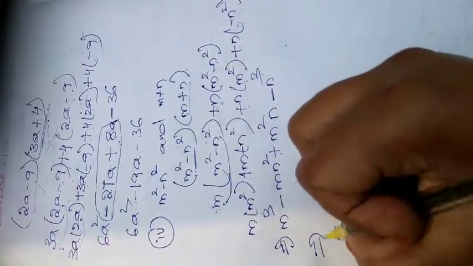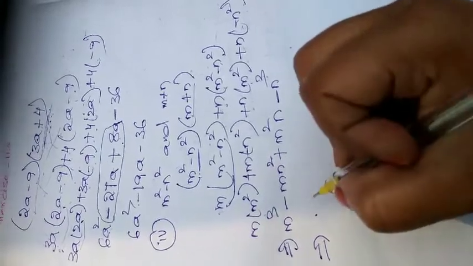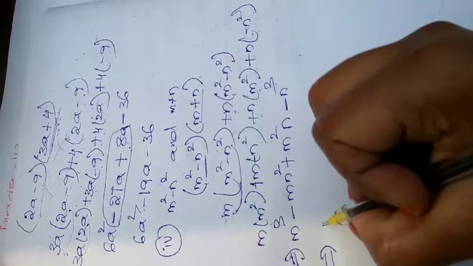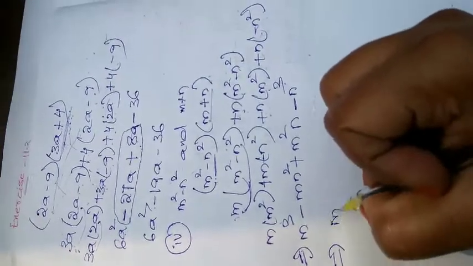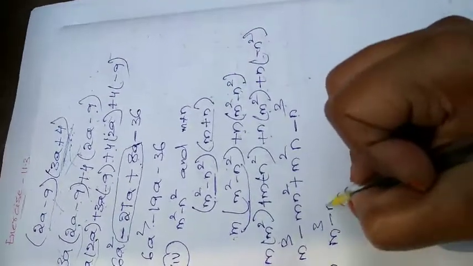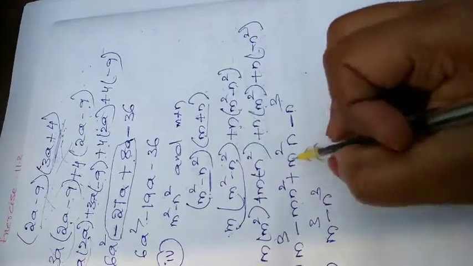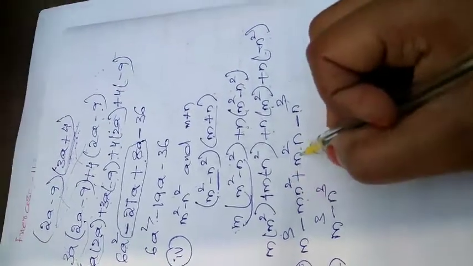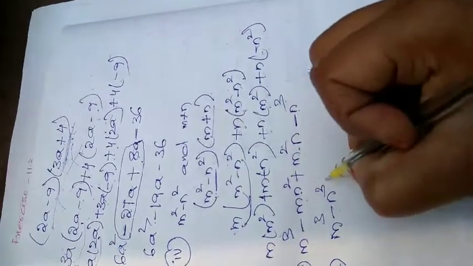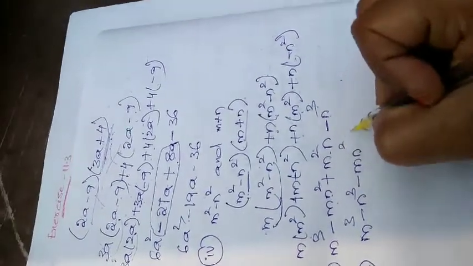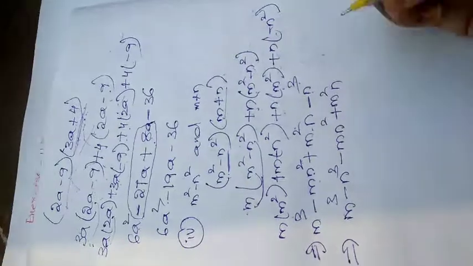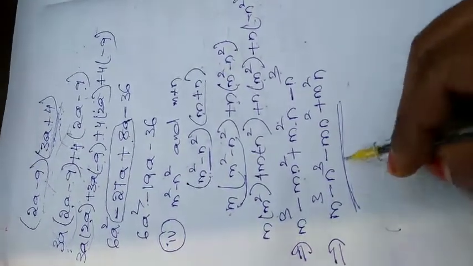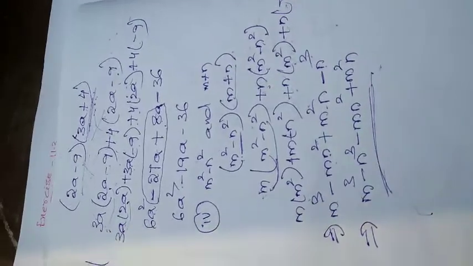Now I will write according to the degree in decreasing order, or I can say in standard form. So m cube, next minus n cube, minus mn square plus m square n. Here we have square for n, here we have square for m. Both are different, so they are unlike terms, so I will write both of them. So that's it. This is your answer. We cannot simplify it because all four of them are unlike terms.